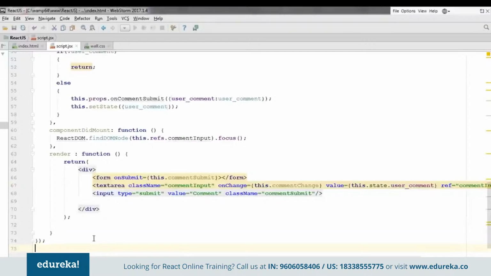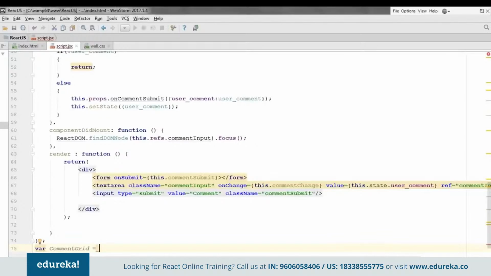Okay, so we are done with our second component as well. Now let's move on to our third component, that is, let me say, comment grid. This component will be taking the comments and then it will link them to a particular user. I have specified 4 users in my PHP files. Whichever user adds the comment, it will take the comment and integrate it